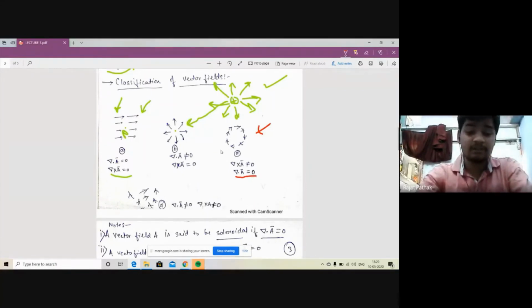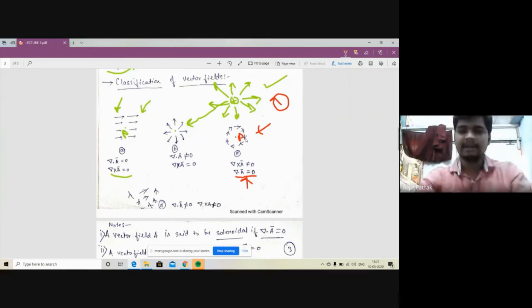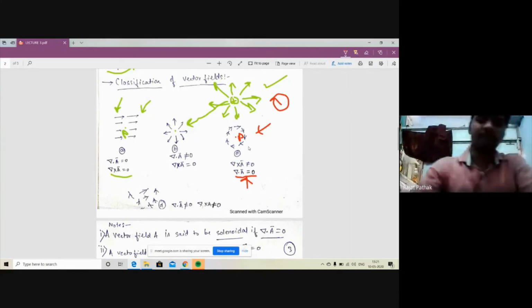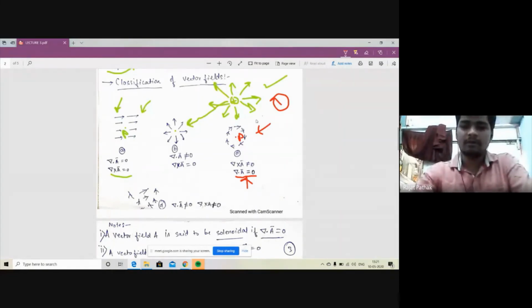Why is the divergence 0? It is going in a circular manner like that. It is rotating over a point. Suppose we consider this point P, then it is rotating about that, but not diverging, not going radially outward or radially inwards. So that's why the divergence of this field will remain 0, but the curl of this field will not be 0. Why? Because if you consider this point P, then the field is of axial rotation, meaning it is of a rotating nature. So that's why the curl of the field A will be non-zero.